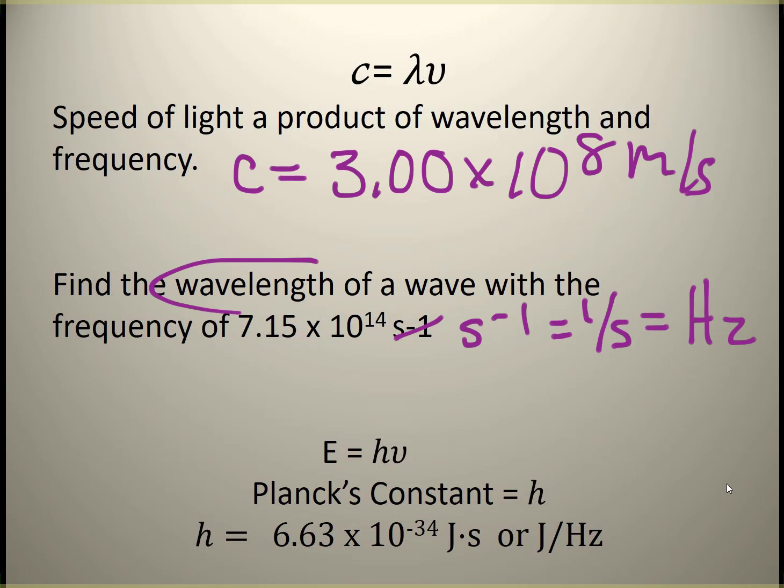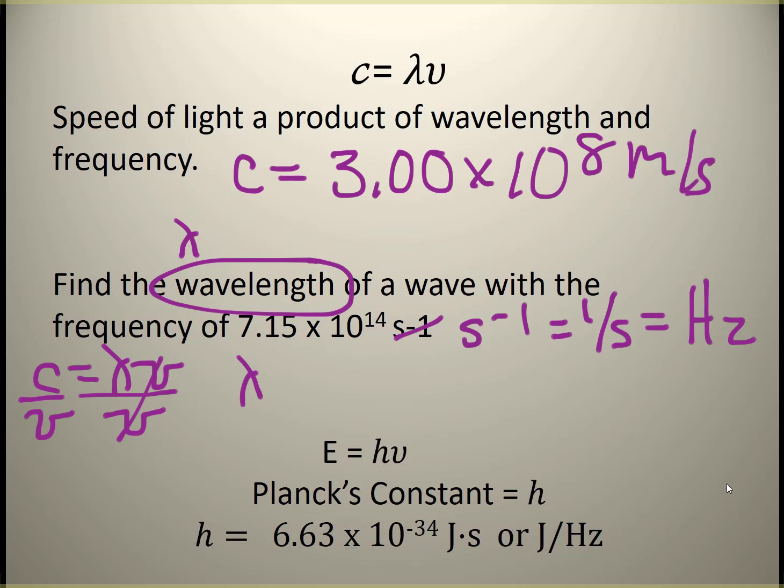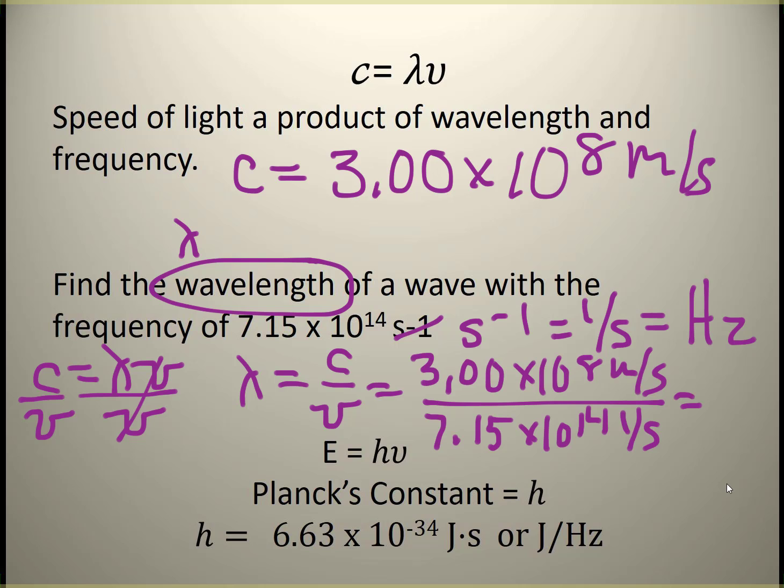So it says find the wavelength. The wavelength is this little lambda. So I'm going to take my formula right here and rearrange it to solve for wavelength. I'm going to divide each side by the frequency. And so I get wavelength equals speed of light over the frequency. And I can put those numbers in. And for my answer, I get